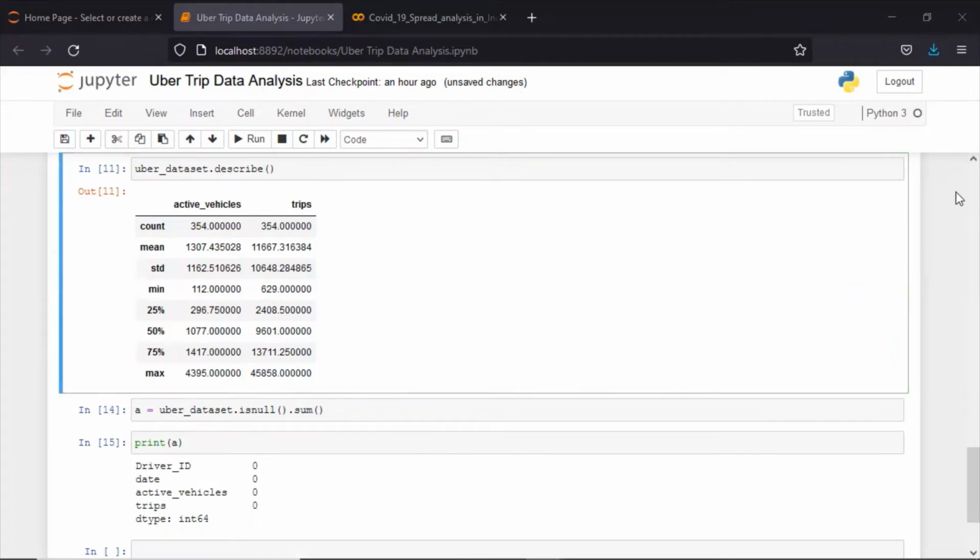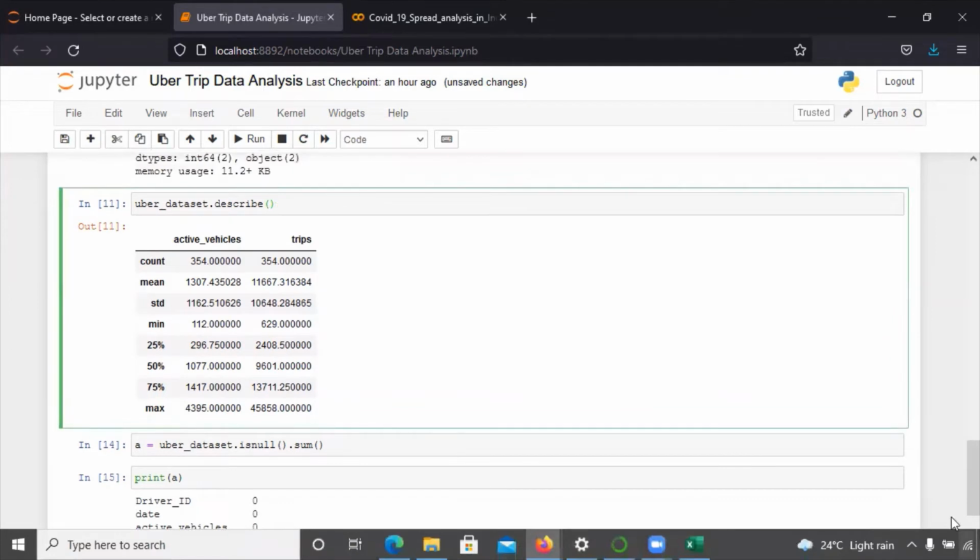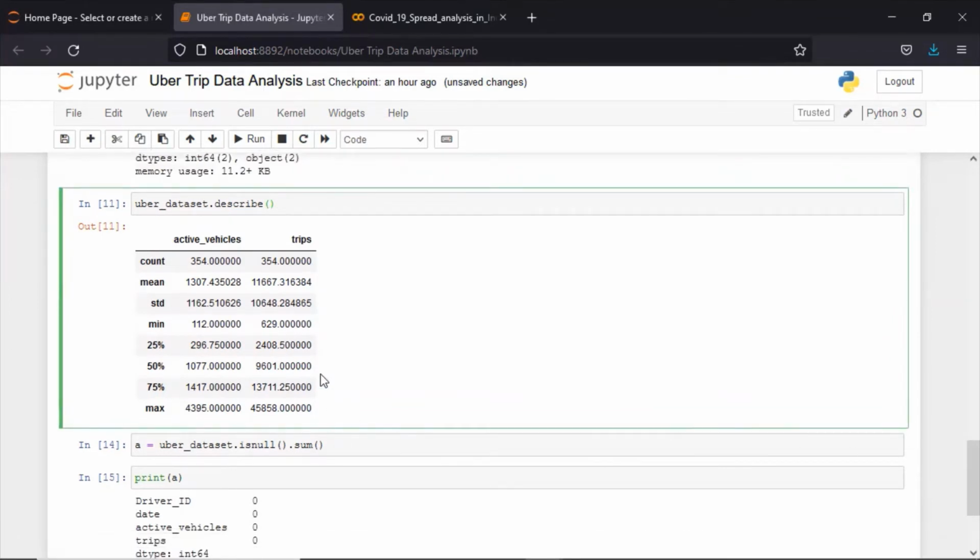So here, as I've shown you, I was getting an error when I was running on the comment cell. Sometimes some of the cells will give you an error. So don't get confused and don't panic. Only see whether you are getting a number. If you are able to see the number, then your code will run successfully. But in my case, I was not getting any number and I was getting an error there.